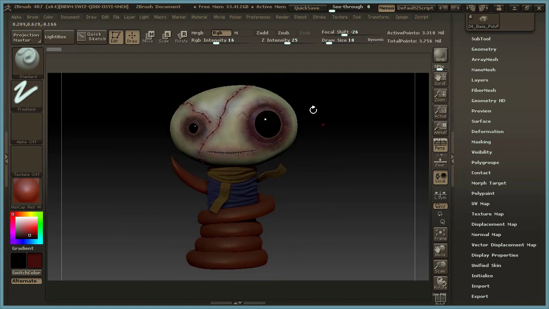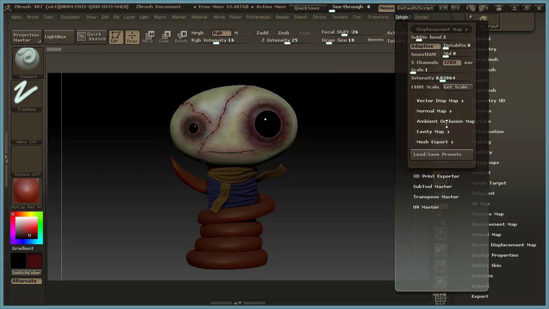But there, we're at a stage now where we can start to think, right, we've painted, we've tweaked, we've sculpted, so now we just want to get all this information out of here, back into Maya, and then we can connect all the maps up, add some lighting into the scene, and get rendering. So what do we do now? Well, it's quite easy really. All we need to do is go to Z plugin,